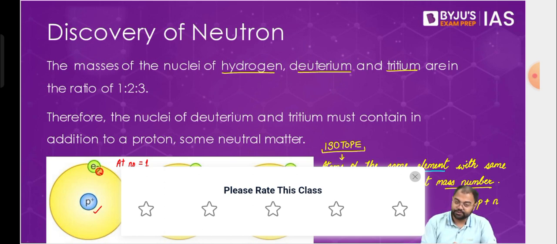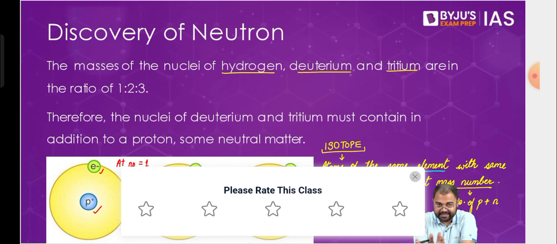So as you can see, there is only a proton and an electron. Then you have deuterium, where the mass number is 2, meaning you have 1 proton, 1 neutron, and of course 1 electron. And then you have tritium, in which you still have 1 proton. That's why we say the number of protons is the most important property. It has 1 proton, 1 electron, and this time 2 neutrons. So this is where the understanding of a neutron came from.